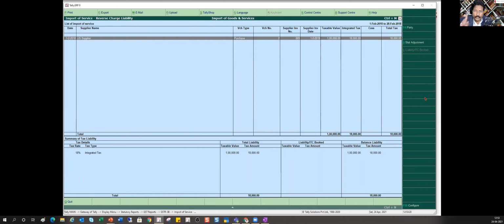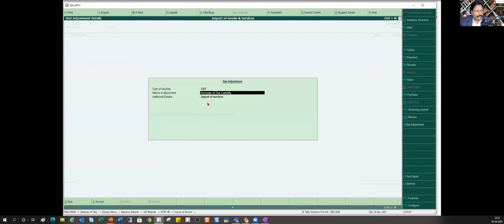So Tally is again, remember your secret number one. On the right hand side button bar, Tally is giving you the stat adjustment. So it's very simple. If you do the stat adjustment, Tally will automatically put the flag also. That is the advantage. If you escape and go to normal voucher entry, you have to select the flag. See here, when I come here and enter, Tally has automatically selected the flag. It says import, increase in the tax liability, okay, import of service. But in this case, I want to increase my tax liability because I'm eligible to claim my input credit in the same month. I can now go and change it, increase in tax liability and increase in input credit. That is what I did.